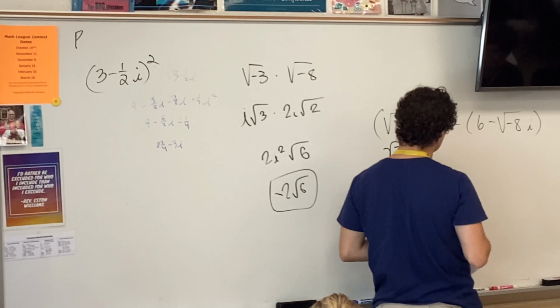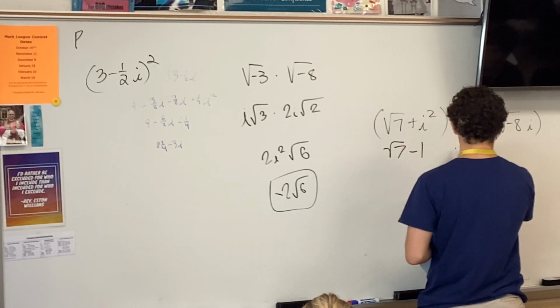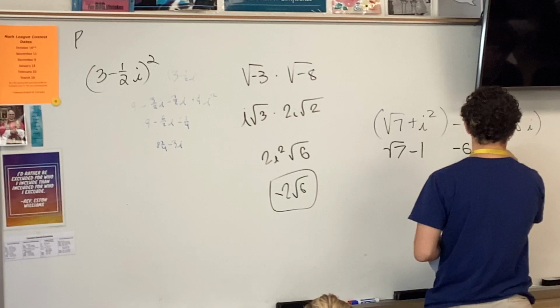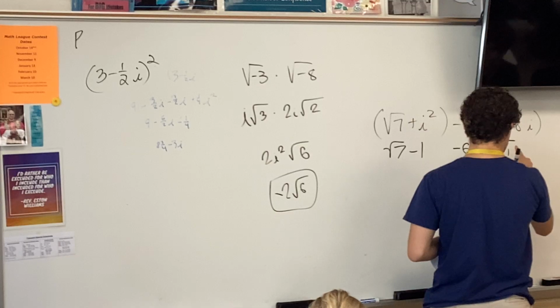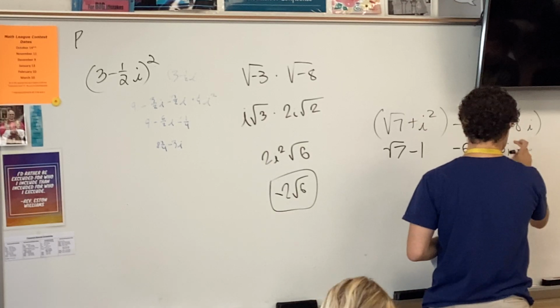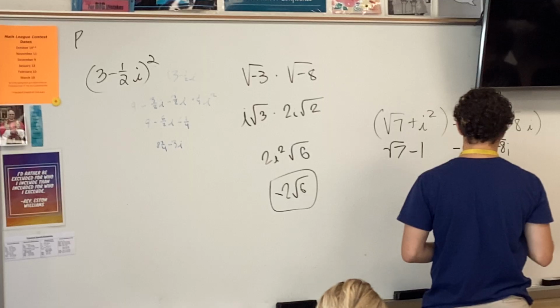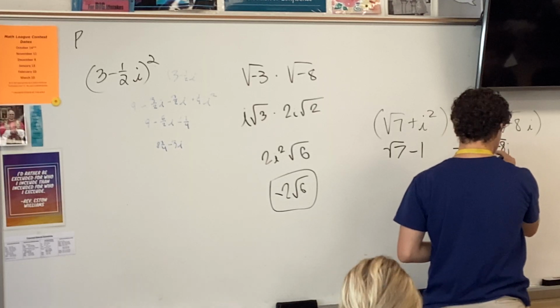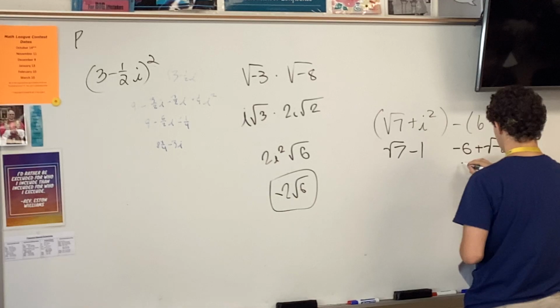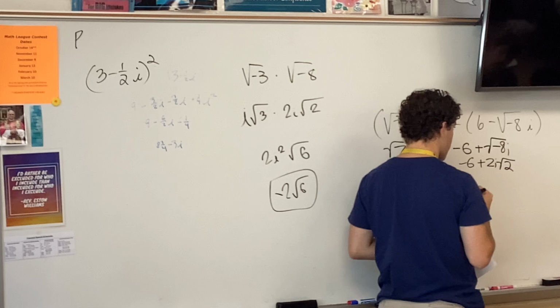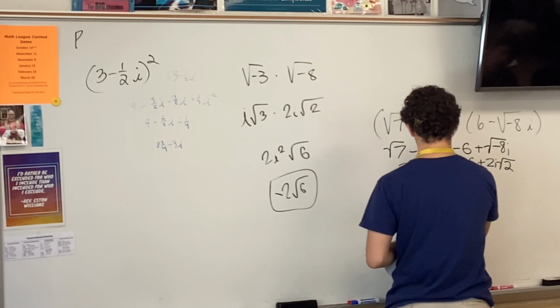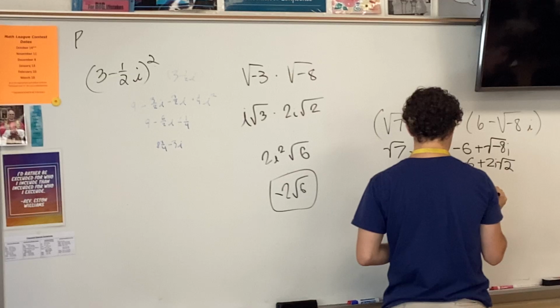Okay, now why don't we go ahead and distribute in this next one? So that'll be -6 plus square root of -8, or pull that i out, that i isn't under there. Okay, now what do we do with the square root of -8? You take the 2 and the i out. Okay, so go ahead and do that. You still have the root 7 minus 1. And now you're gonna combine whatever you,